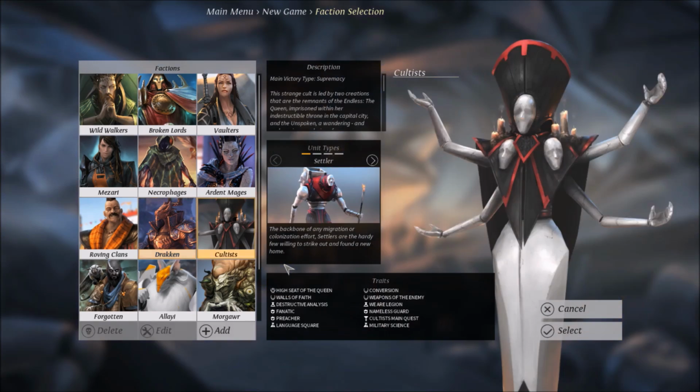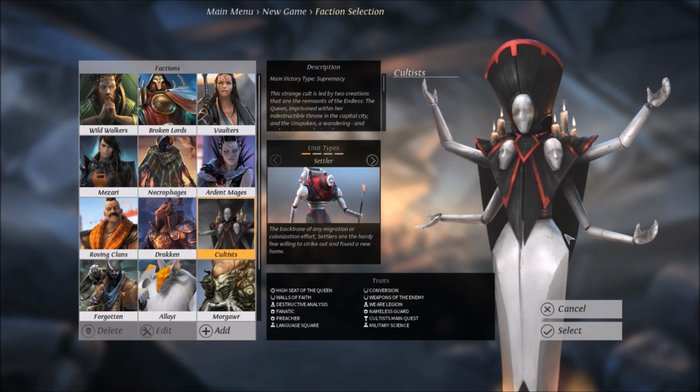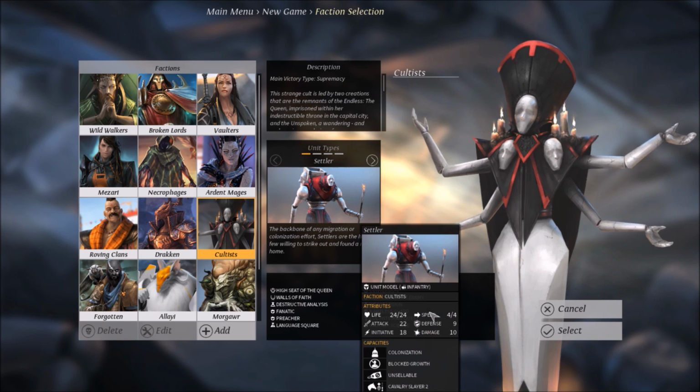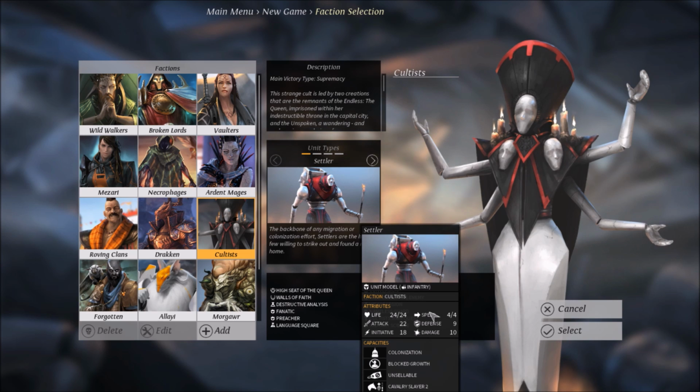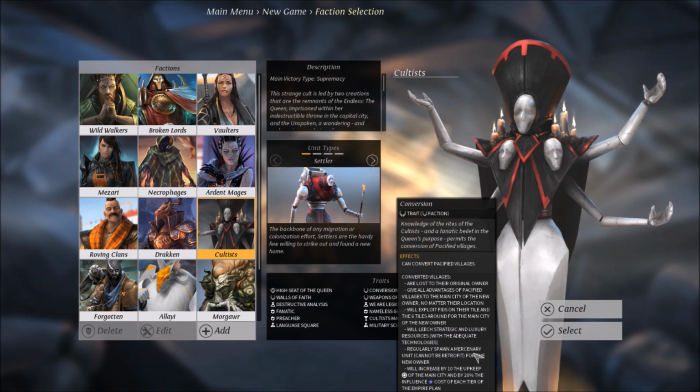Next one, the Cultists. Cultists have very, very unique gameplay, and they're pretty cool. I mean, look at that style. It's very, very uncommon, especially for a 4X game, I think. So the main thing about Cultists is they can only have one city, but that city can be pretty amazing,